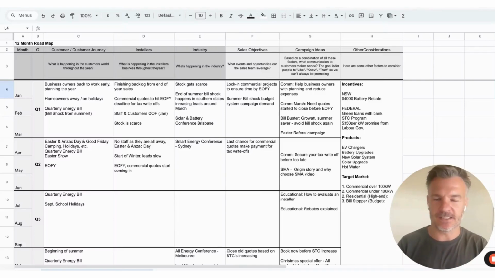Guys, if you're a solar installation business and you've often wondered, what campaign should I run? What sales initiatives should I do? What should I offer to the customers? What I'm going to show you here is basically how we plan 12 months of campaigns, marketing campaigns, sales objectives